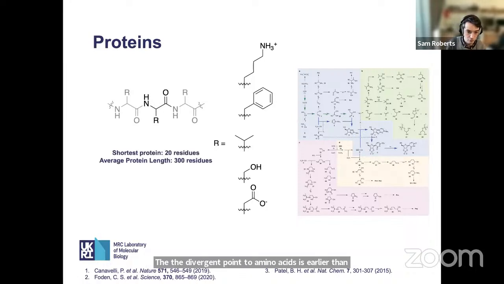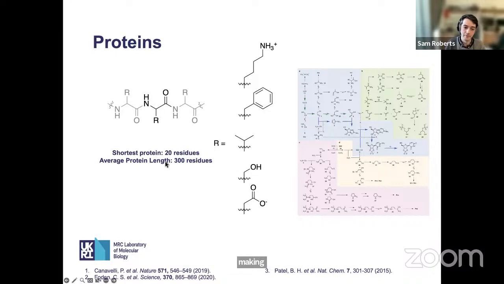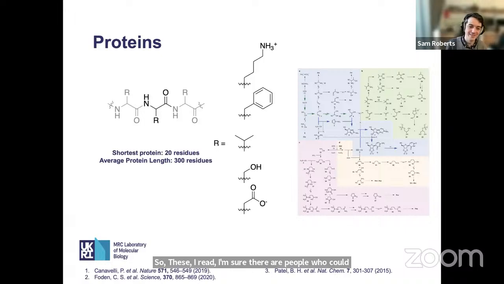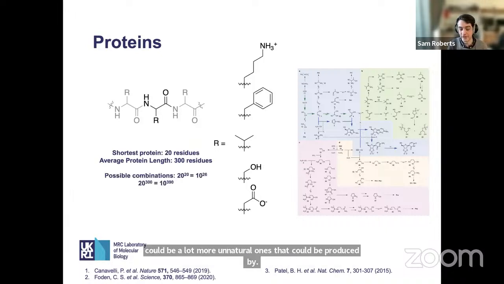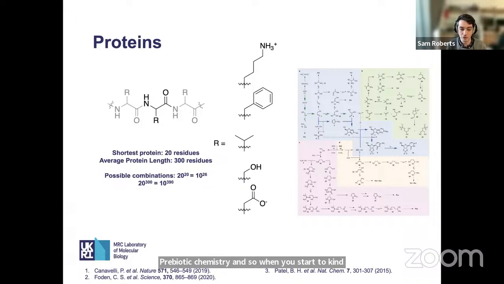There's also a conceptual problem about randomly making proteins, and that's a statistical one. I'm sure there are people who could come up with better numbers than these, but a very quick Google tells me that the average protein length is something like 300 residues, and there are 20 different natural amino acids, and conceivably there could be a lot more unnatural ones that could be produced by prebiotic chemistry. And when you start to generate all the different options that you could make from this vast set of amino acids, you get to really astronomical numbers of different proteins. So even if there's a particular protein that you want, or even a particular family of proteins that have some kind of activity, say